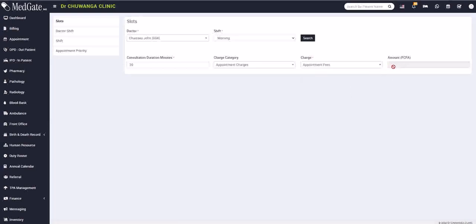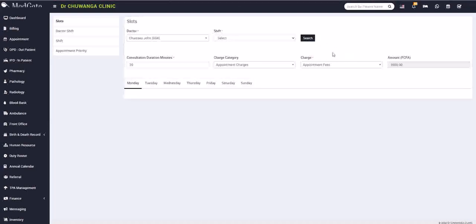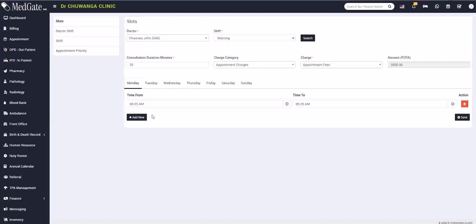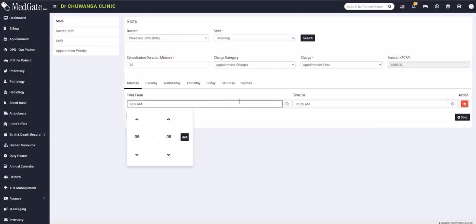And the charge, we're going to select, so we search for that, and then we're going to add as many slots as possible. You can see here 6 a.m. Usually the slots actually start from 8. So we are outside the time, so I'll just say from 8